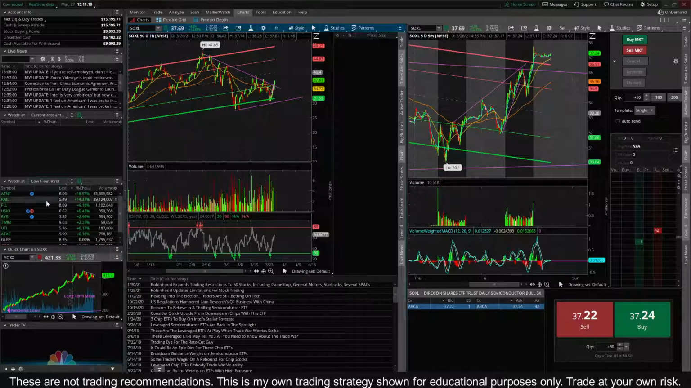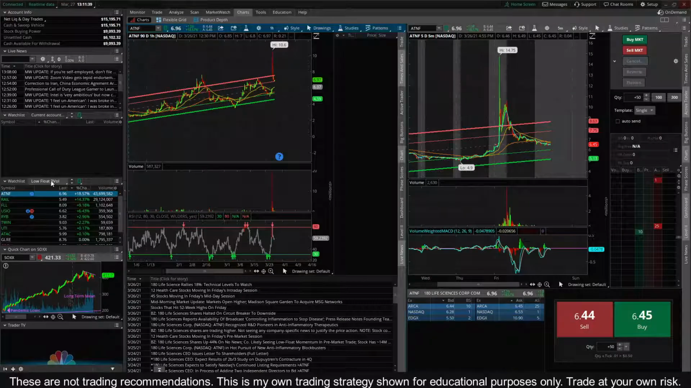Now you can see it populated all the stocks that fall within those parameters. Now we can select this and it'll automatically populate. You want to make sure that you have the link here set to the same color as your charts. So that link there will change to green so that when we select this particular stock, ATNF, and usually I